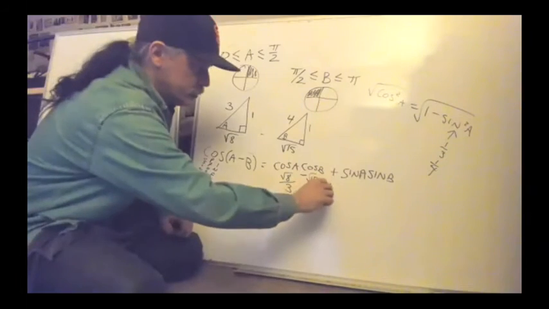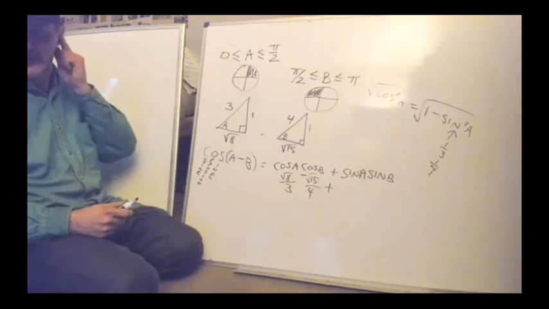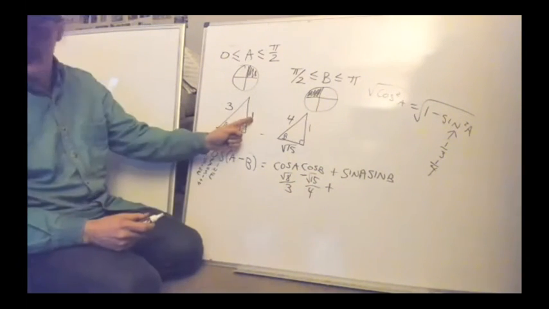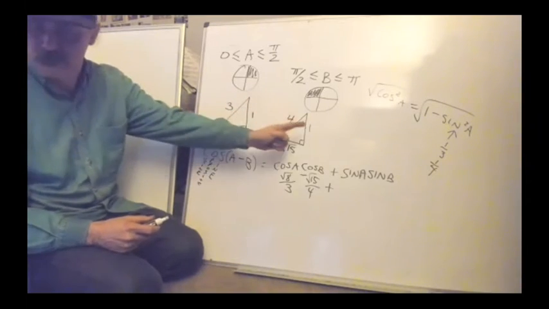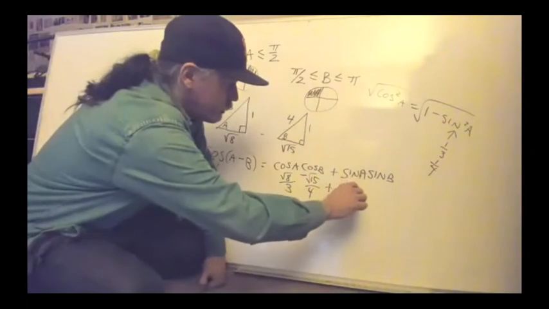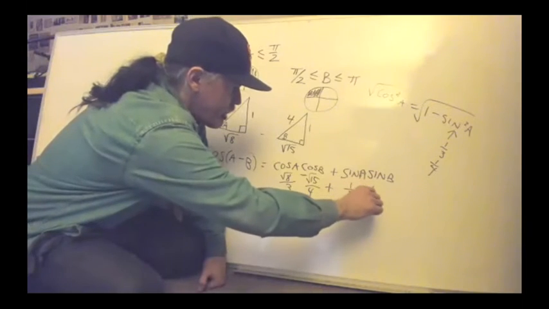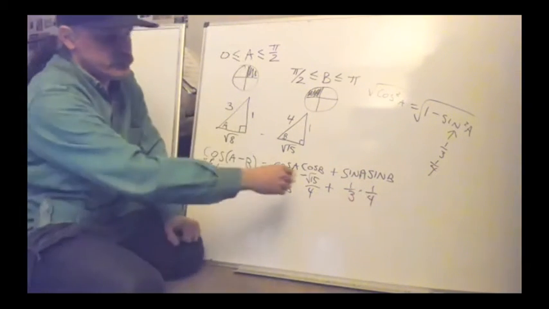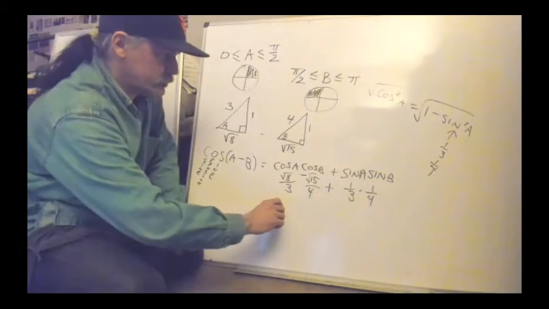Okay, now the other two. So the sine A, well, we were given the sines initially, but you can still say 1 over 3, 1 over 4. All right, so then it's just a matter of multiplying that out. So this would become